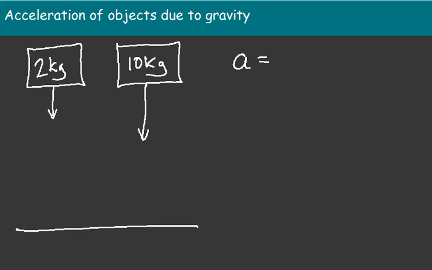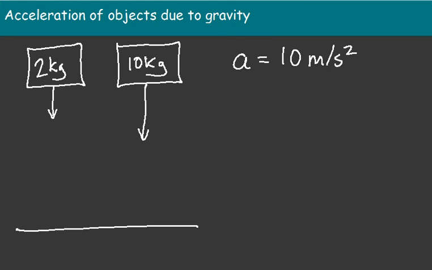Now, on Earth, the acceleration of all objects is 10 meters per second squared in a downwards direction. So for instance, if I drop an object on Earth from rest, after 1 second it'll have a speed of 10 meters per second, after 2 seconds 20 meters per second, 3 seconds 30 meters per second, and that's all objects, from a box to a coin to anything that falls. Now,